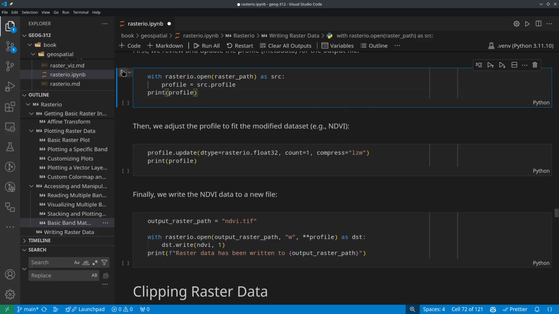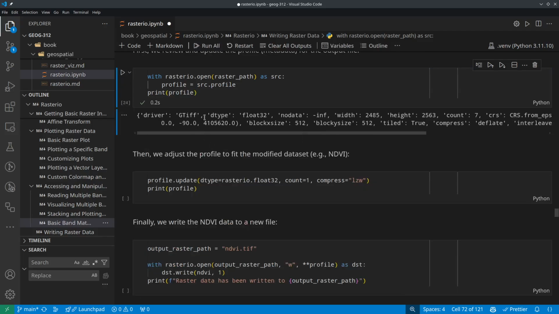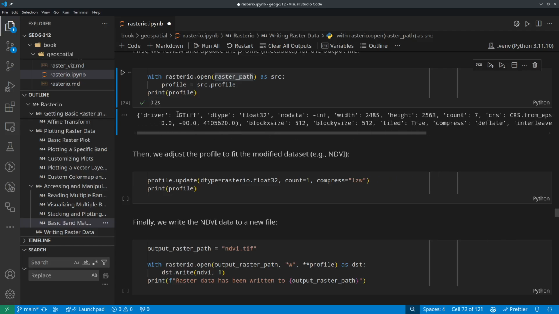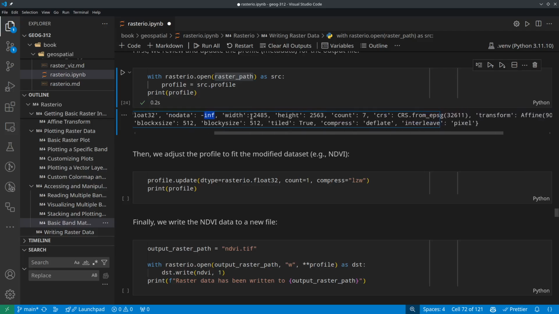So again, we're going to open the original data. So the raster path, again, we are pointing to the HTTP URL. So this is the metadata, basically the profile of the original data. And look at this one, GeoTIFF, data type, no data, negative INF, width and height, right? This is width, basically the columns. Height is how many rows, right? Width and height. And count,